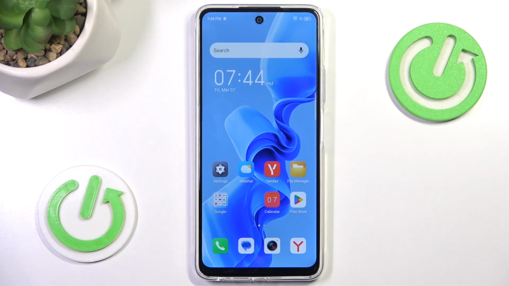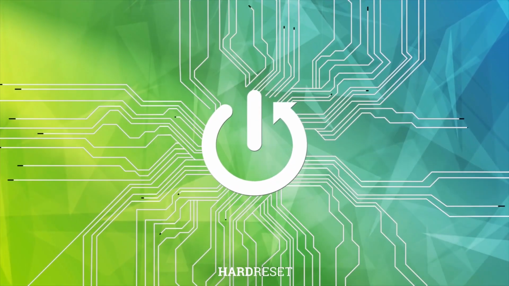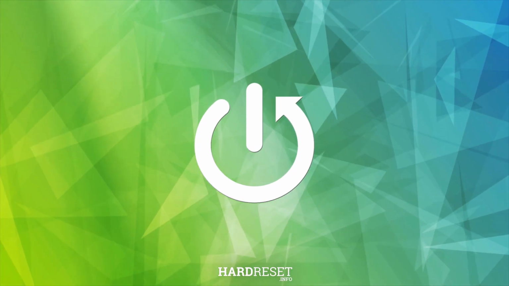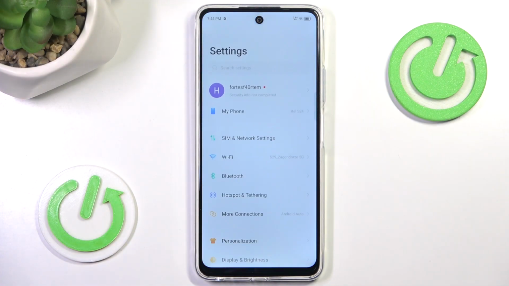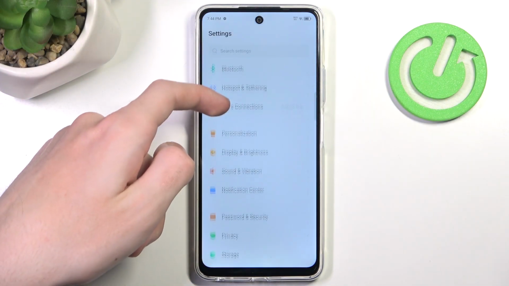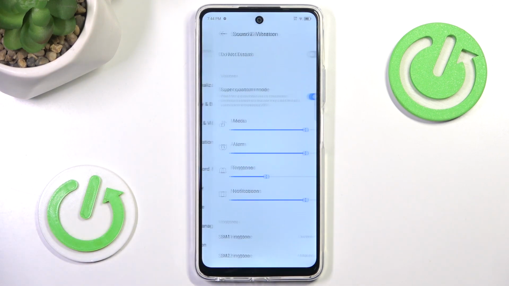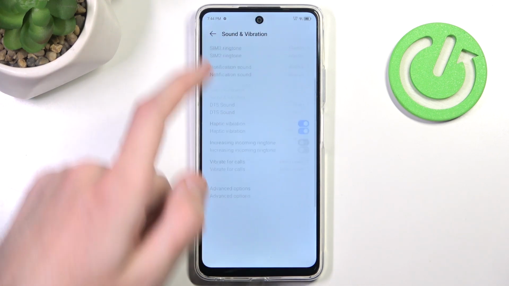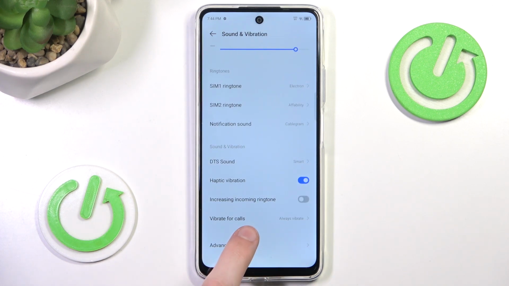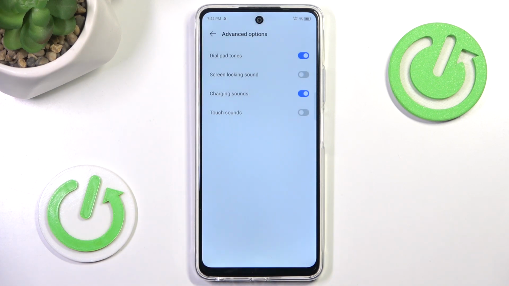In this video, I'm going to show you how to enable or disable Dialpad sounds on any Itel phone. Let's begin! First, we want to go into Settings. In here, scroll down a little and go to Sound and Vibration. In here, scroll all the way down, go to Advanced Options, and at the very top we can see Dialpad